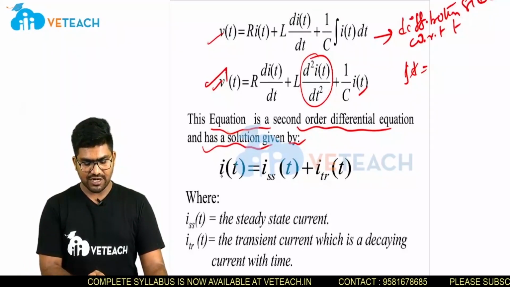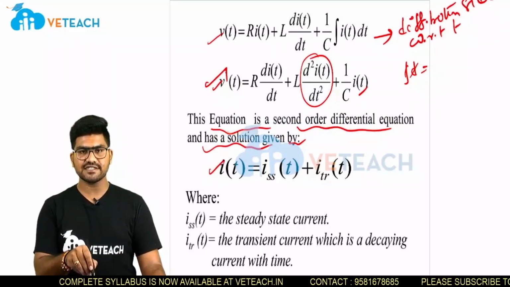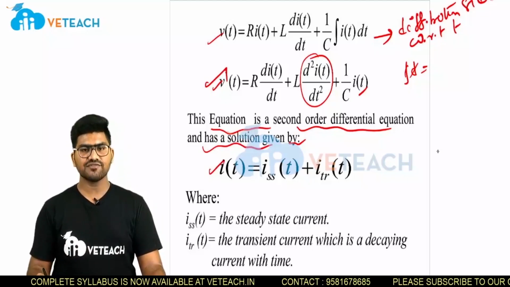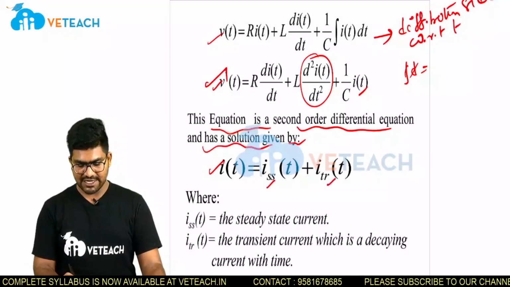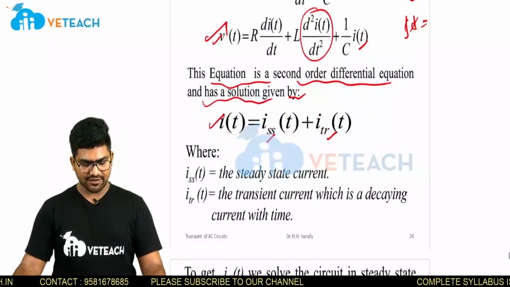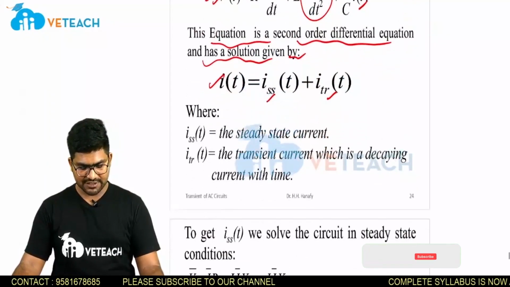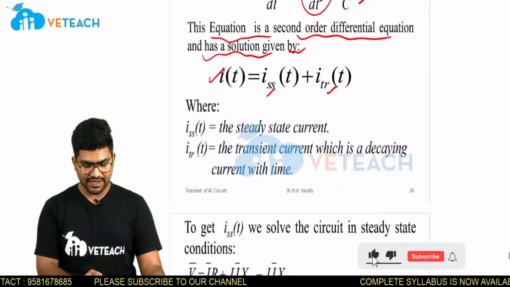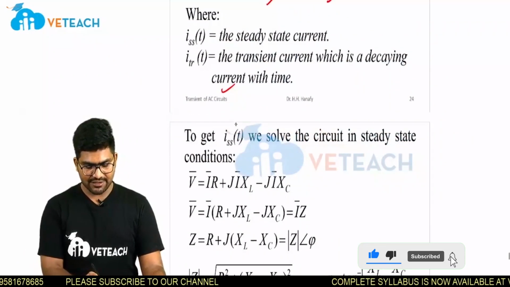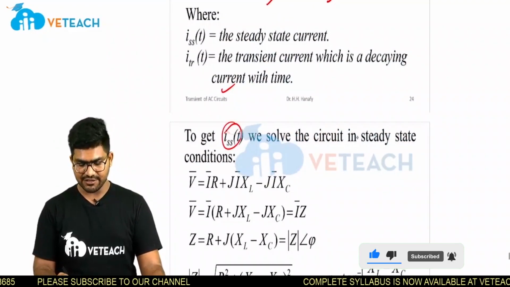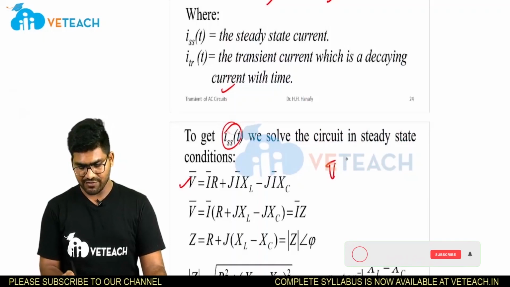Now my total response, since it is a series circuit, is I of t equal to steady state current plus transient current, where ISS of t is the steady state current and ITR of t is the transient current, which is a decaying current with time. So to get ISS of t, the steady state current,